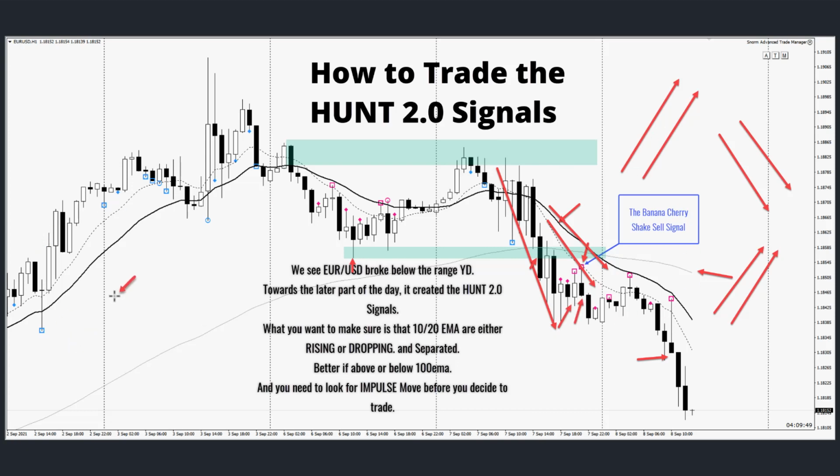Now usually the pullbacks would happen like so. That's the simple pullback, and sometimes you can also have this pullback, and let me tell you, this one is even more powerful. It has more statistical advantage, and what you can then do is that you will have a banana or cherry around here. If you understand, and I highly recommend learning the PC setup, the PC method ABC, this poke out over here, you will have a banana or a cherry signal and you go short,